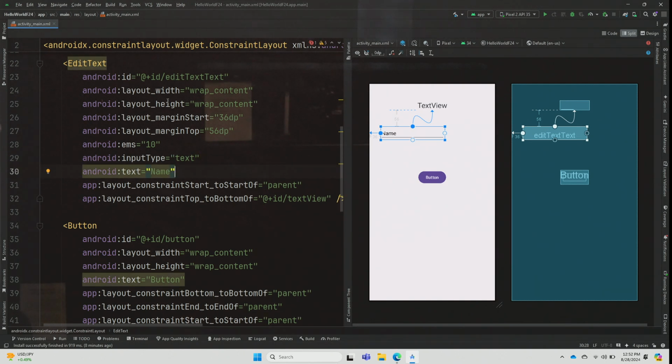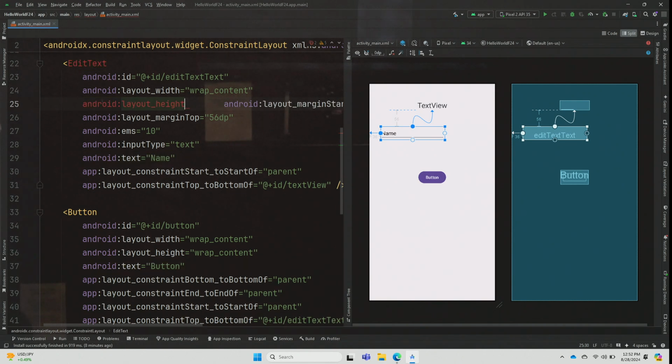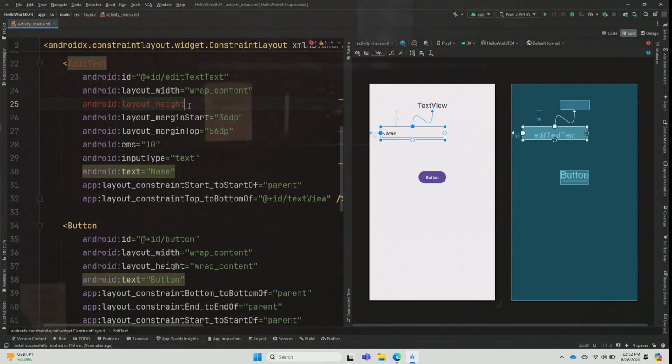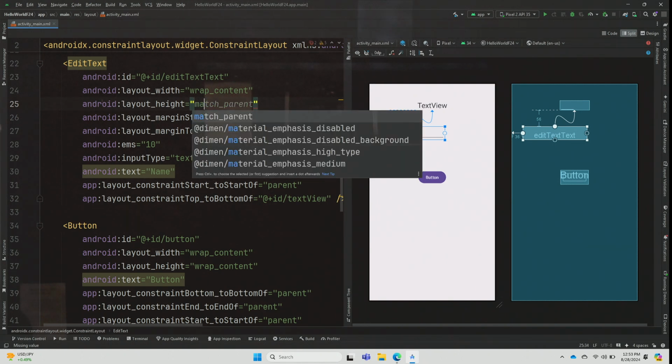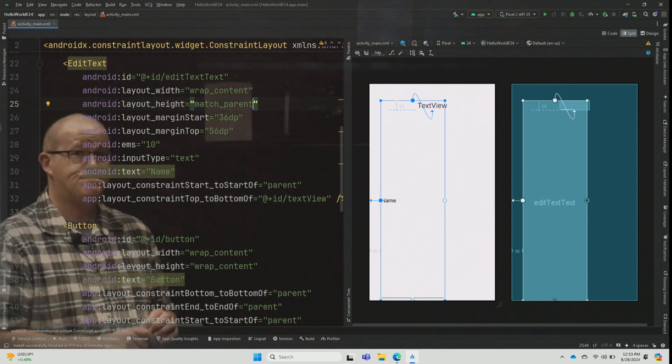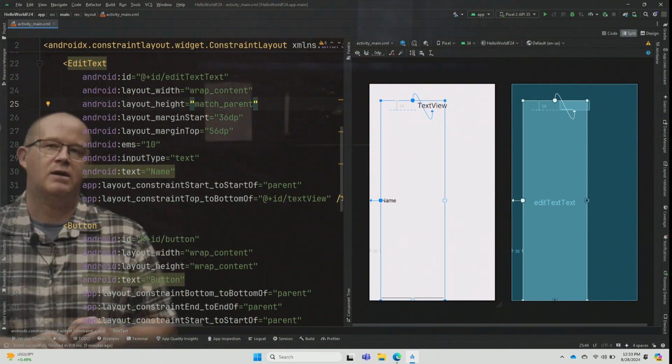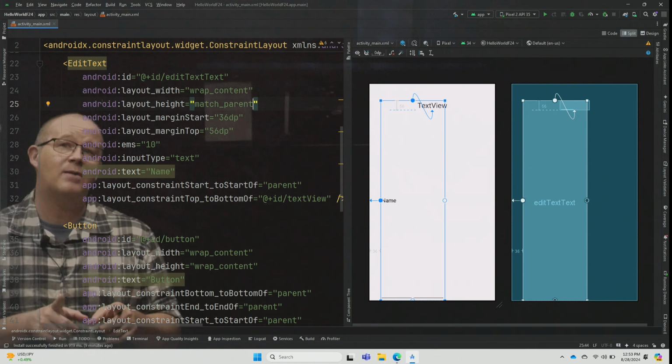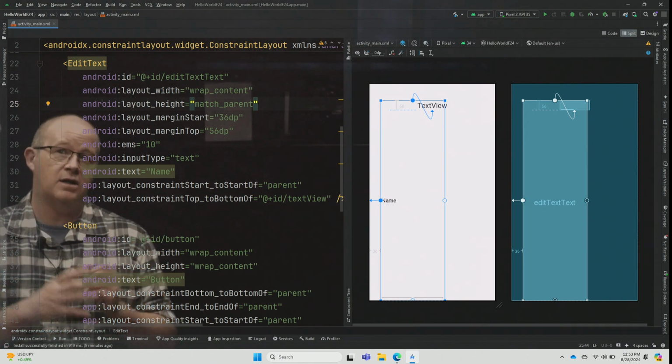Okay, so what I'm going to do is come up here to layout height and make it go to autocomplete. Now, I'm not so sure I'm going to see anything new. Equals, okay, it keeps saying wrap content, but there are other options, such as match parent, all right? There's some others here, but they all said disabled. All right, take a look at what happens when I match parent. Match parent and wrap content are our two most common choices for the width and height of objects,